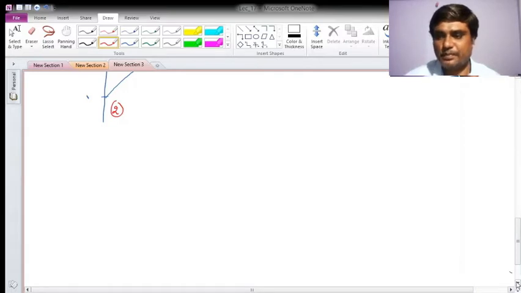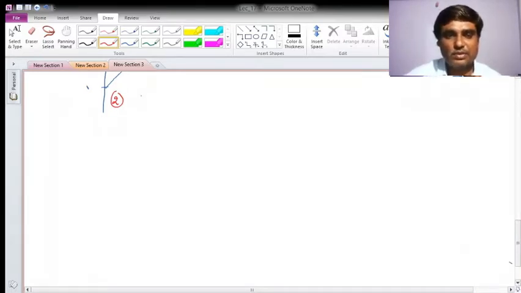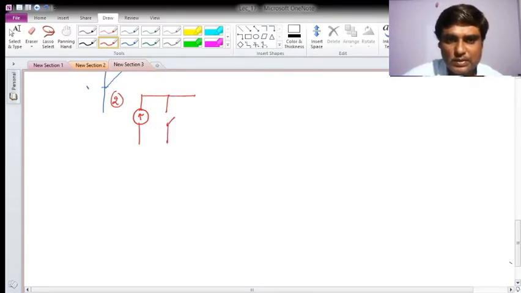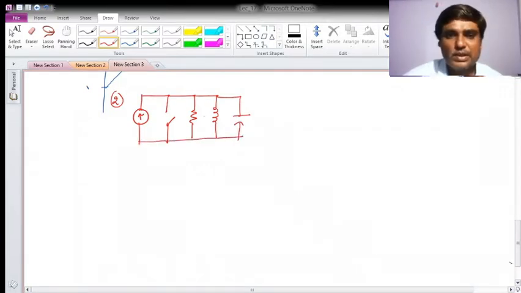and repeated. Fine. For that, in order to have variety in the problem, I will take the parallel RLC circuit. Suppose this is my current source, there is a switch here, then the R component, this is the L component, and my C component, these are connected in parallel. Say this source is 1 ampere and my switch is open at t equal to 0.